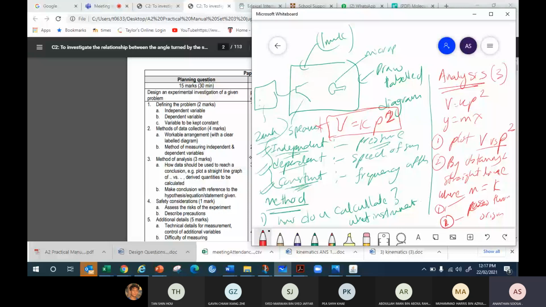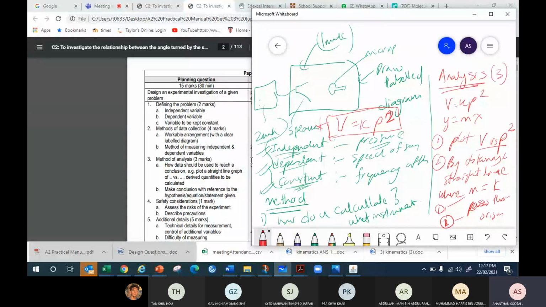Sometimes analysis can go to 4 marks, normally 3. Sometimes they give an extra mark where the equation involves log, maybe the power is n. If there is a power of n, you take log on both sides, then expand the log. The final log formation gets 1 mark. So analysis can go to more than 3. So that is the analysis mark, 3 marks.